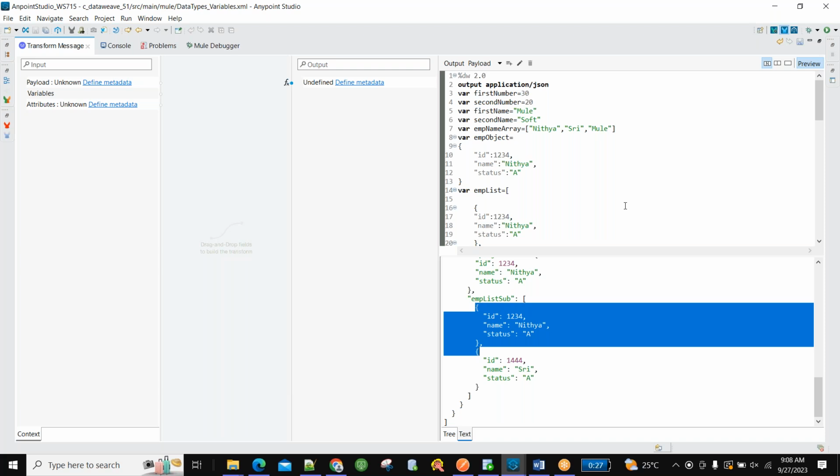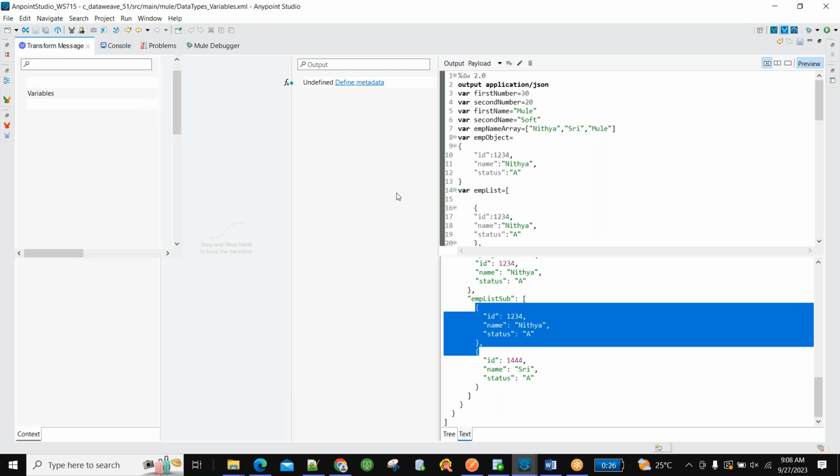So we can declare variables. The variables can be of any type. A normal variable is there. An object variable is there. An array list is there. A list of objects also we can do. And on top of it, we can apply the concatenation or incremental operator or decremental operator. We can add it or we can remove it, any way we can do it, which is not feasible or not possible in other technologies. But here it is possible. So whatever you are getting from the front end, if the target system is expecting to remove any values from them, you can do it in this way.